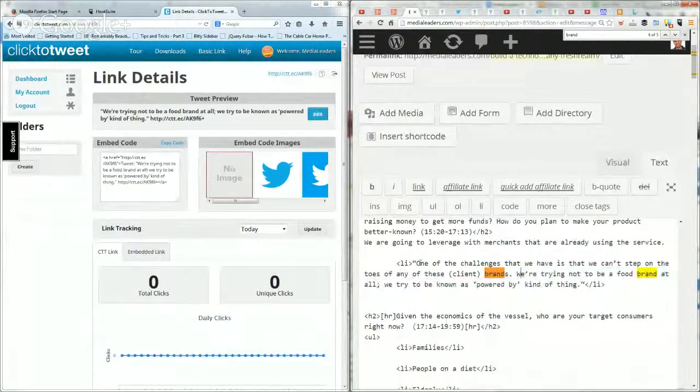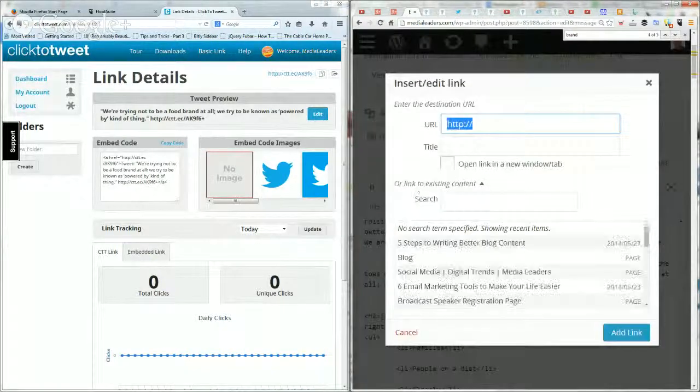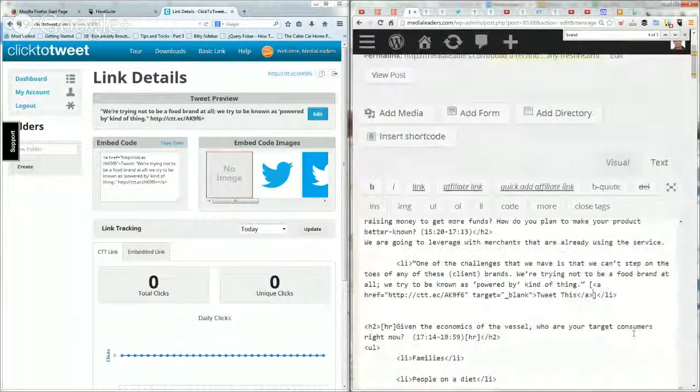So what I want to do is show you a little trick. Let's do this. After it, let's put tweet this in brackets. Let's link to this. Ready? Click the link button. Go boom. I'm going to open it in a new window, which I think is pretty important. Add the link, right? Then I'm going to take the list item out of this,